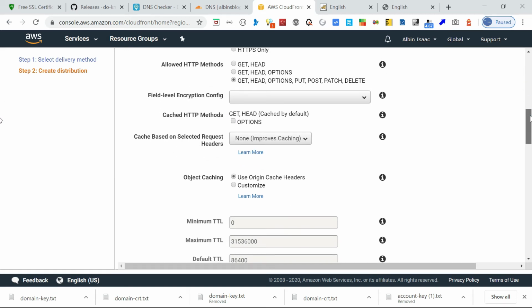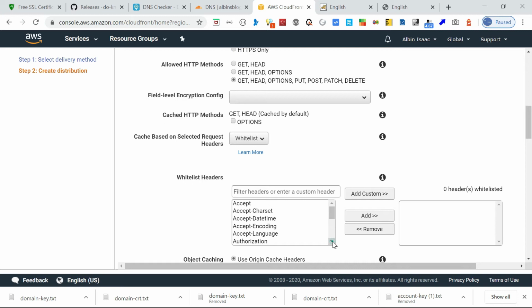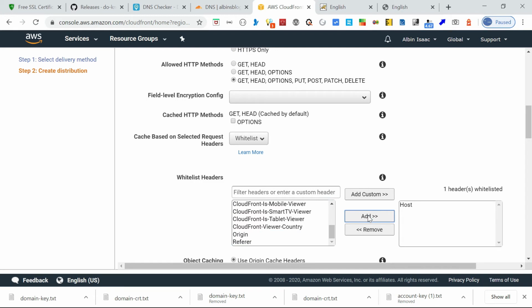Now caching and all, I'm going with default. Then you need to change this, cache based on selected request headers. You need to do a whitelist. At minimum, you need to whitelist this host header, because Apache works based on the host header. If you are not whitelisting this, the user will see the origin domain whenever they access test.albinsblog.com.